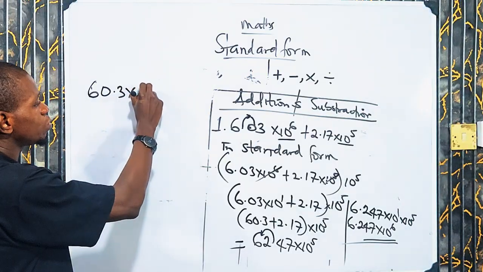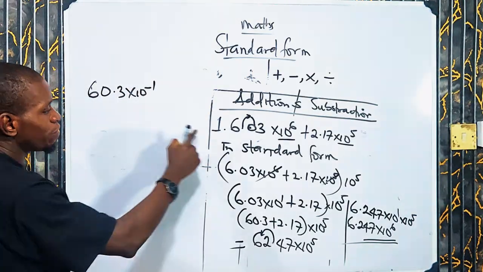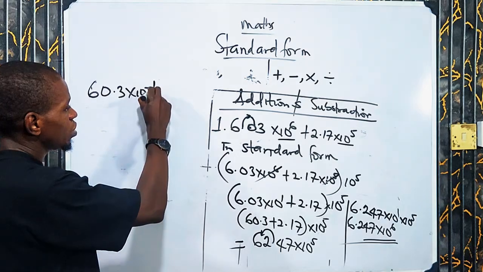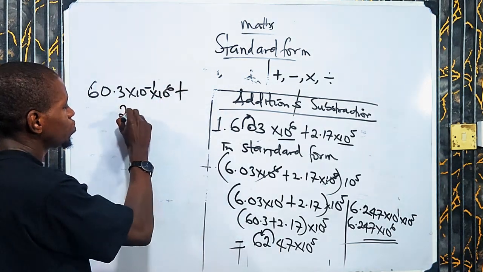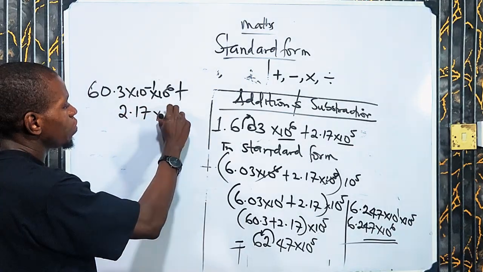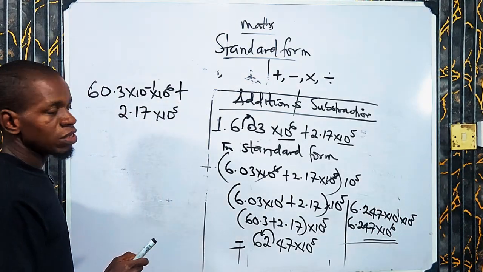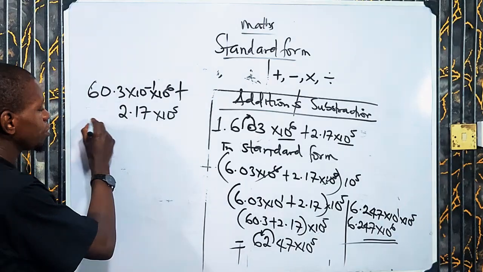Times 10 to the power of minus 1, because from front to back is going to be minus. Then I say 10 to the power what? 6, okay? Plus what? 2.17 times 10 to the power what? 5. All right, so what do we have here? And I'm going to have it as